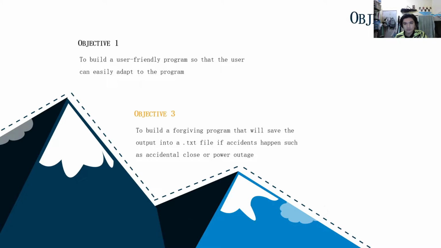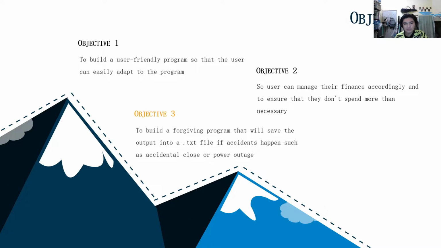The next one is objectives. We have three objectives altogether. The first one is to build a user-friendly program so that the user can easily adapt to the program. The second one is to make sure users can manage their finance accordingly and ensure that they don't spend more than necessary. The last one is to build a forgiving program that will save the output into a TXT file, or text file, that can be opened by Notepad